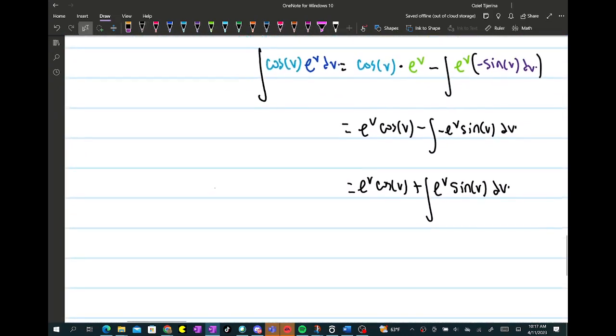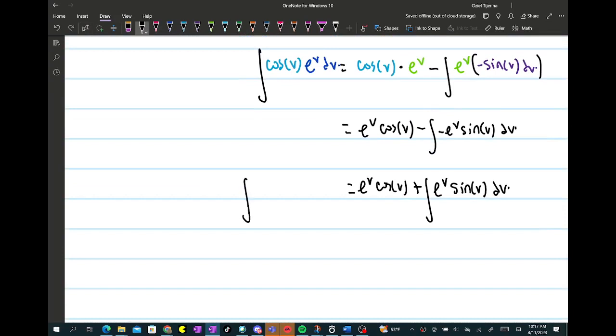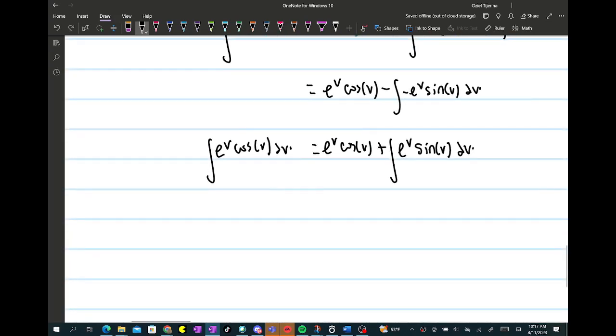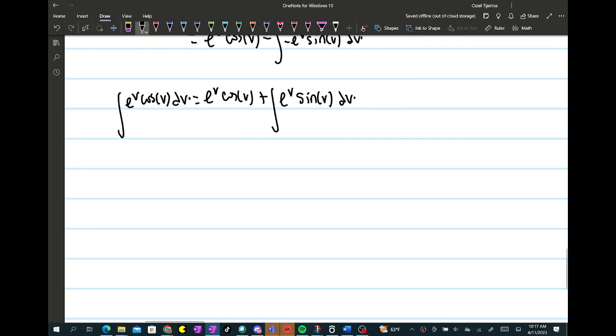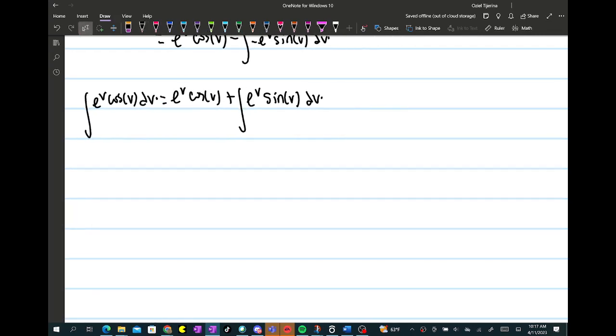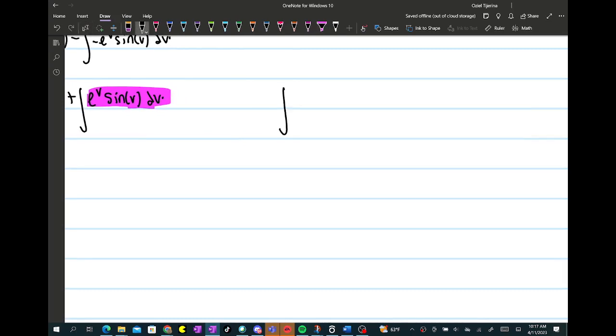So this whole thing we know is equal to the integral of e to the v cosine of v dv. We know that that's the whole thing here. So we're going to keep going until we actually integrate the whole thing. Now what we have to focus on is this, and so we need to find the integral of e to the v sine of v